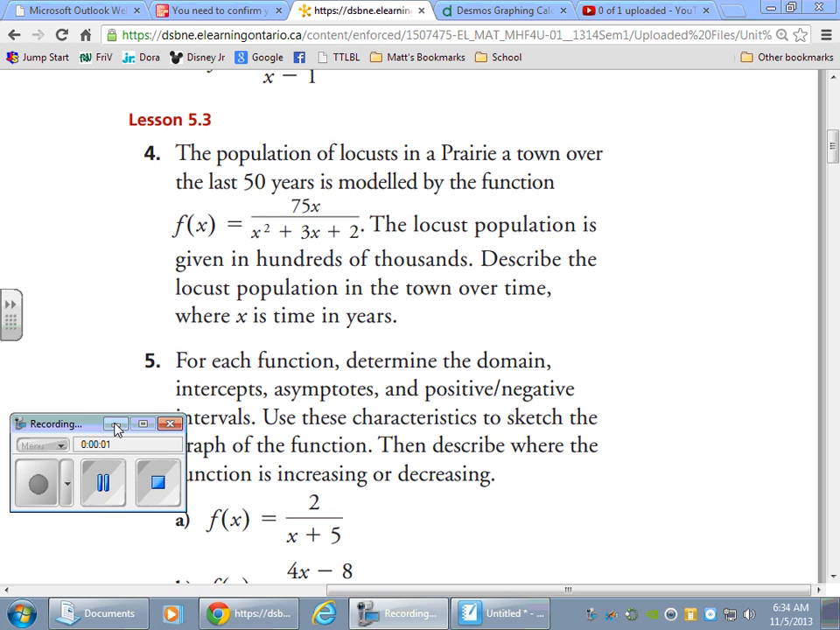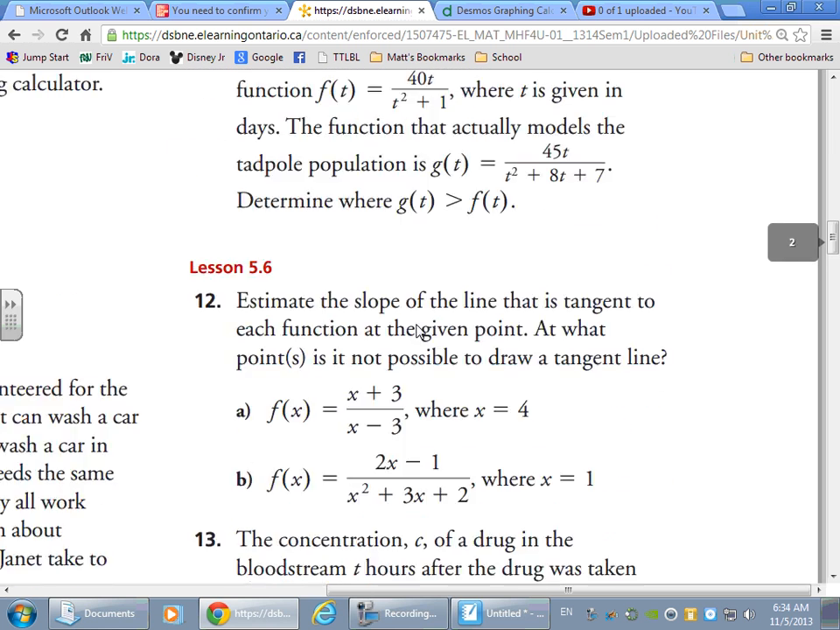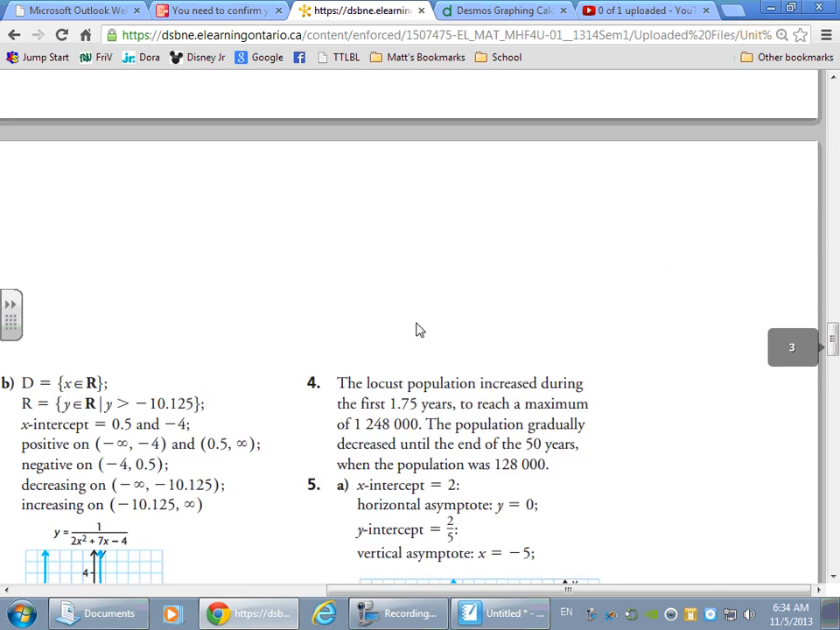Okay, I just want to take a second here and look at question 4 using Desmos. This was the question that was given in the review for the last section. Pretty straightforward stuff. Population over the last 50 years is modeled by this. Describe what we see over time. When I scroll down and actually look at the answer given,